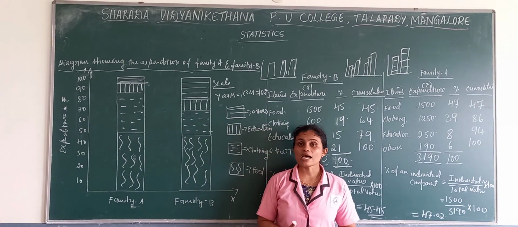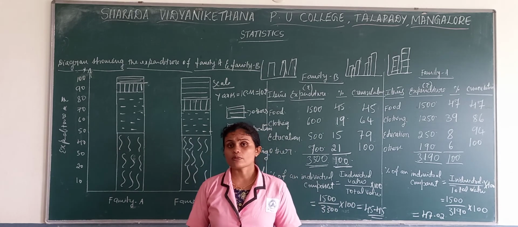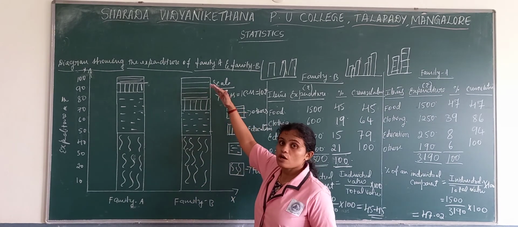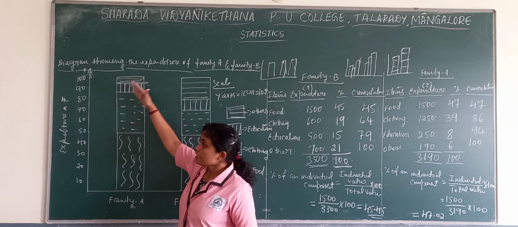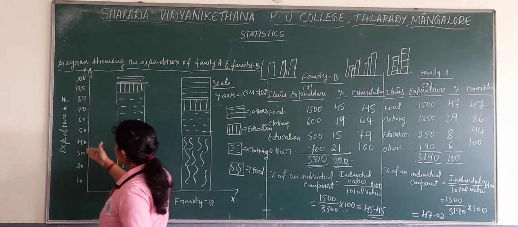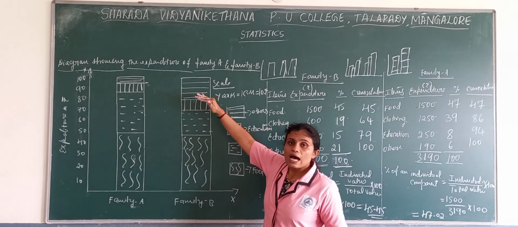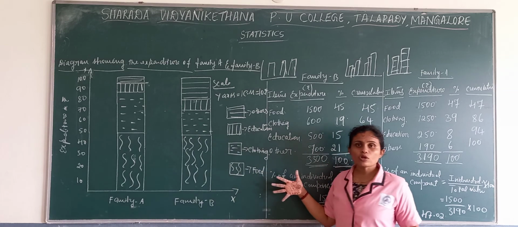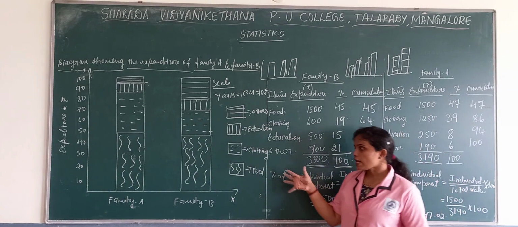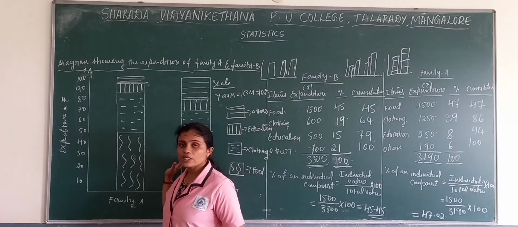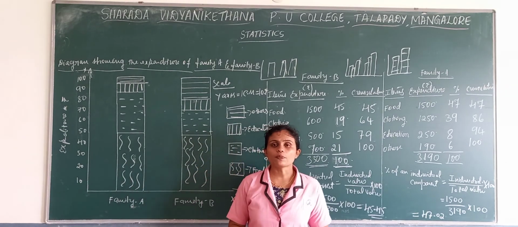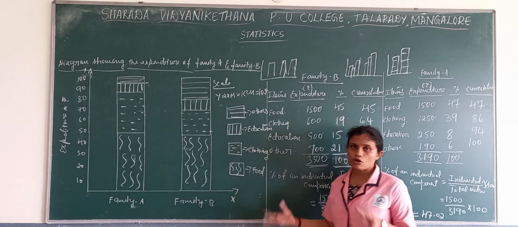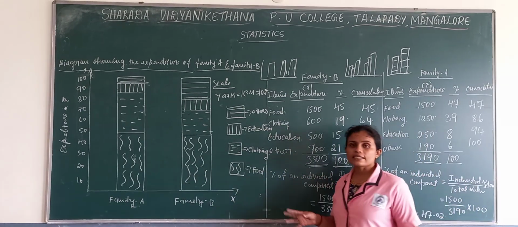Next we will move towards the two dimensional bar diagram. What is a one dimensional bar diagram? Where we consider only one dimension. What is that dimension? That is length. Here we take scale only for the y-axis, meaning only for height or length. Width is not considered. We won't take scale for width. Equal width we will maintain for the purpose of attraction or beautification. Here only length is considered.